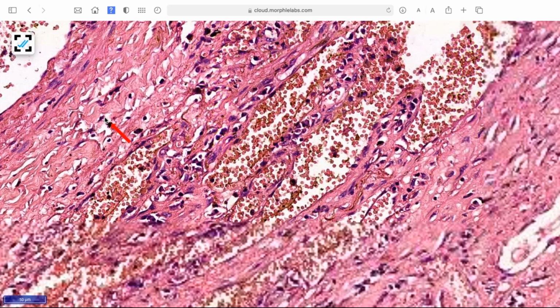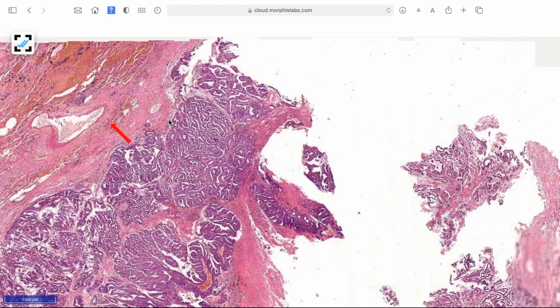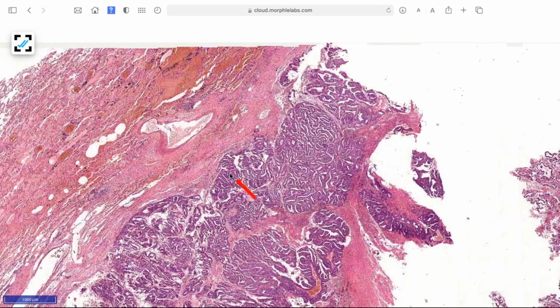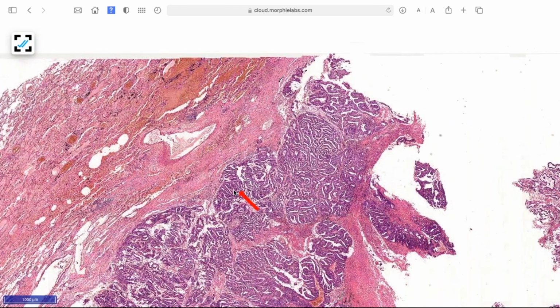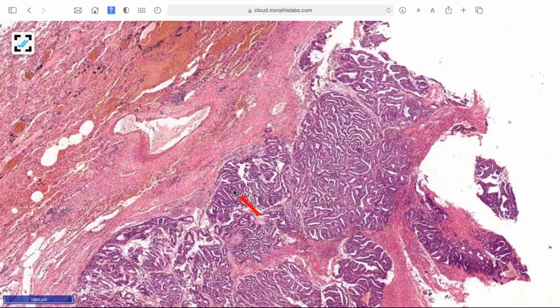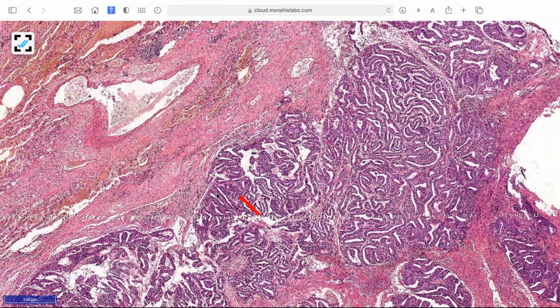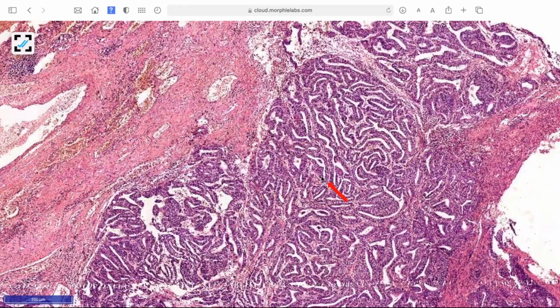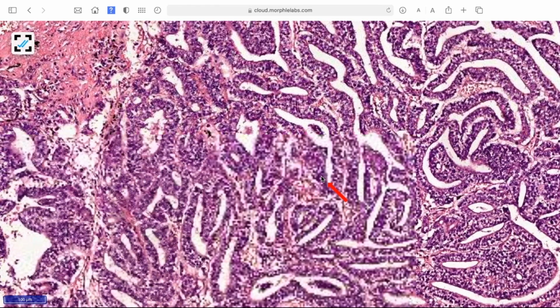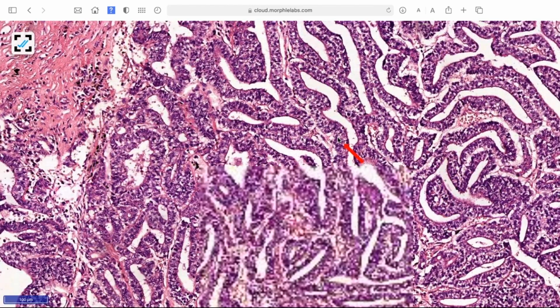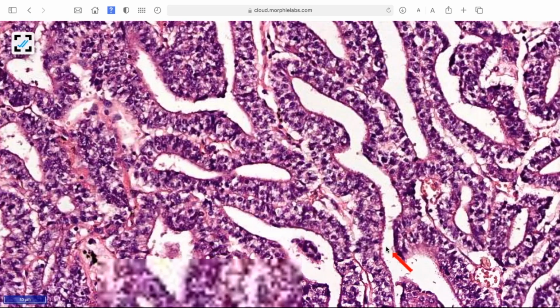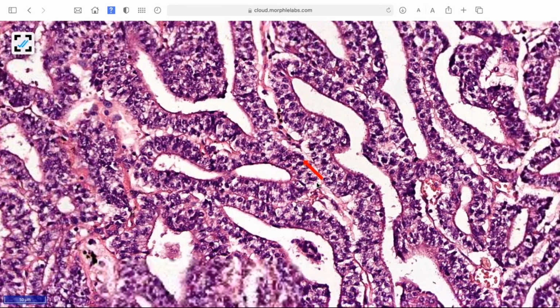Whenever you see a blood vessel, there should be an airway, and probably this is the airway involved by the tumor. And this is arranged in a glandular pattern, but there is a peculiar formation. Does it look like a secretory phase of endometrium? See the lot of vacuolations. Okay, see the vacuolations. Or clear cell papillary renal cell carcinoma.